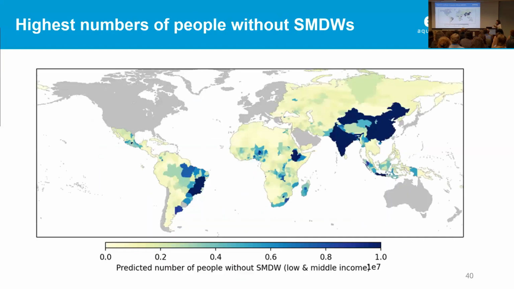So here, there's a lot of maps which we've generated. Also, we didn't only model access to safely managed drinking water. We also did the same for E. coli, for access, and for availability. I'm not going to show these results now due to time, but this is just to show some of the things which we can do. We can calculate them based on population affected. This is limited. The maximum number here is 10 million. But in India, for example, there are some districts with more than 100 million people where we estimate they don't have access in highly populated regions.